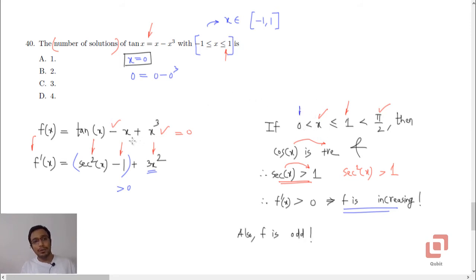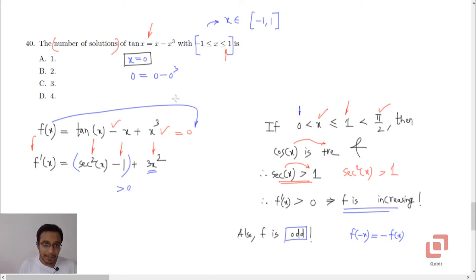Okay, now we also note that the function is odd, the parity is odd. What does it mean? It means that if the function is odd, then f of minus x must be equal to minus of f of x. Now if f of x is never 0 except at x equal to 0, can f of minus x be 0 ever in that interval, that is -1 to 0? No. Okay, so f of minus x can also not be equal to 0 because f of x is never 0. So the only zero that this function has is at x equal to 0, and this implies that the number of solutions is 1.